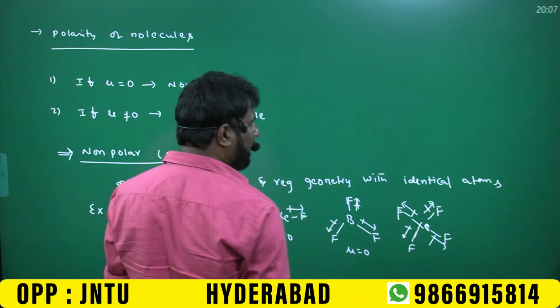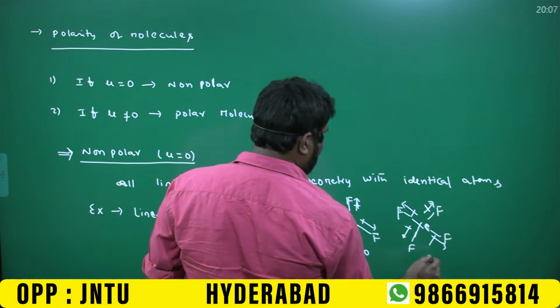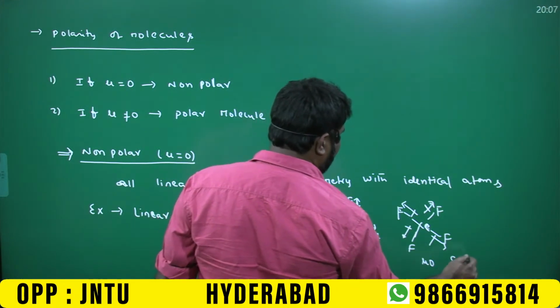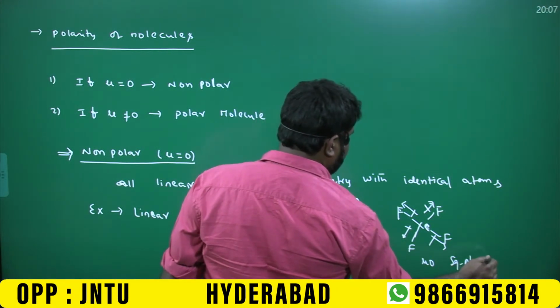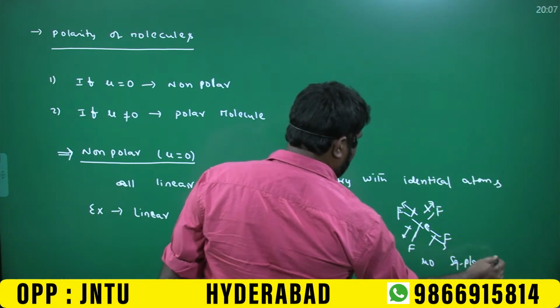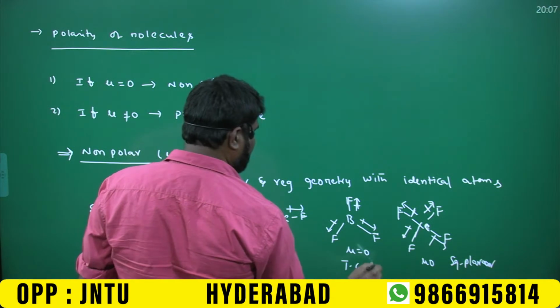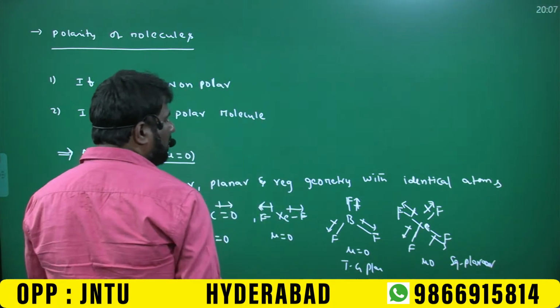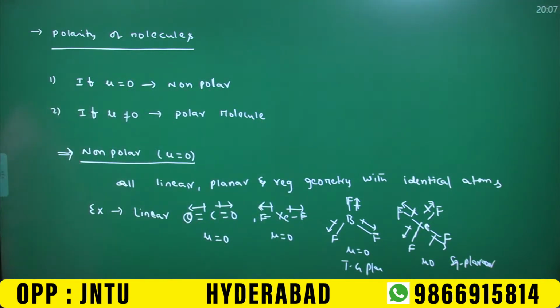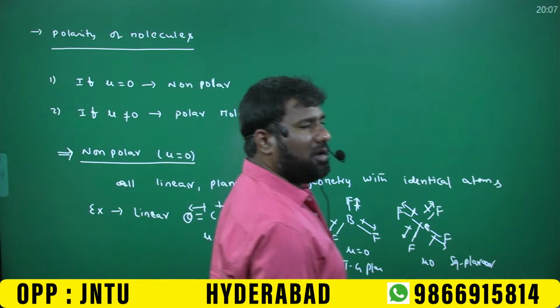So the resulting vector quantity becomes 0 because its shape is square planar. This is the shape of this molecule, trigonal planar. These two are linear. Trigonal planar, square planar and all linear molecules